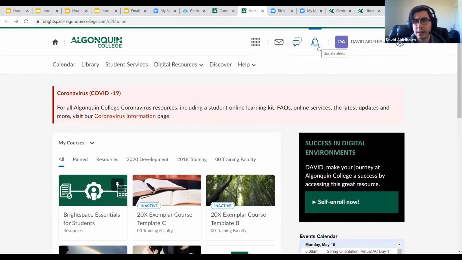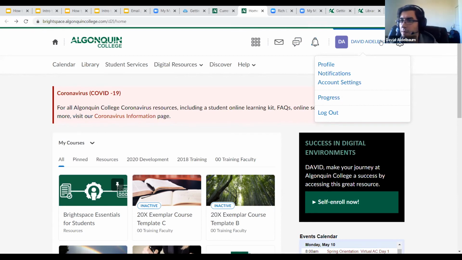Next to that, we have an update alert, a pretty standard alert bell. If you're used to other social sites, if you see a little orange dot next to it, it means that something is new on Brightspace and it's worth clicking on to see what is new. Next to that, we have a profile. If you need to change any profile settings or account settings, I highly recommend checking out this tab. I think a very important thing to note here is you can update your notification settings, which is basically how Brightspace